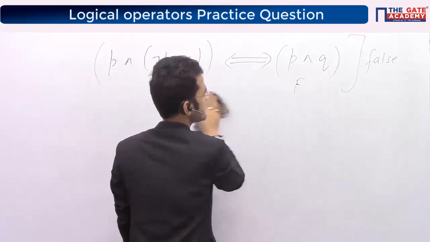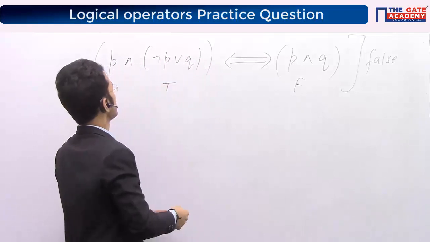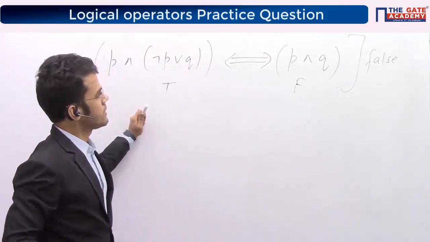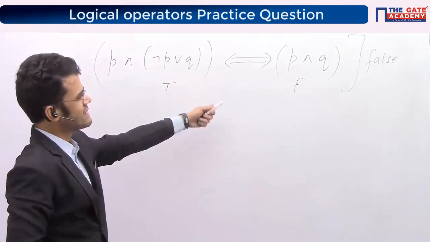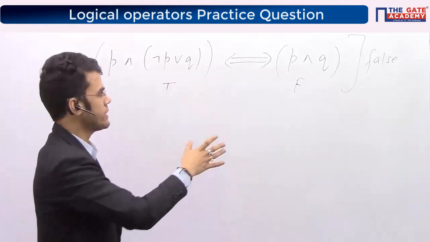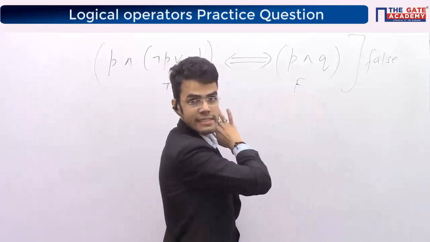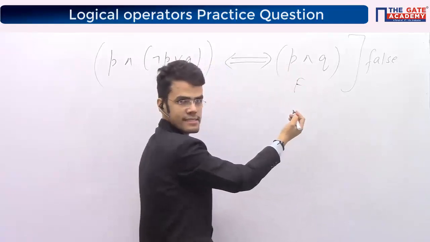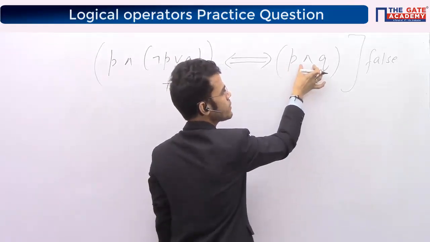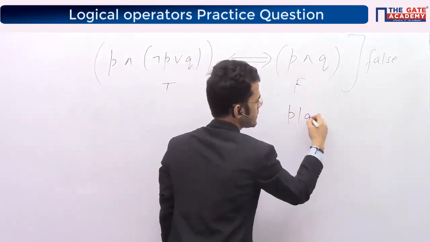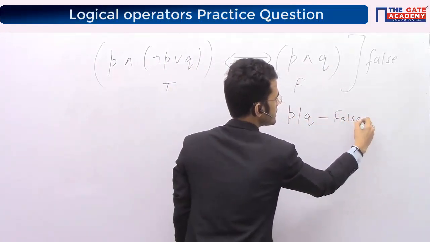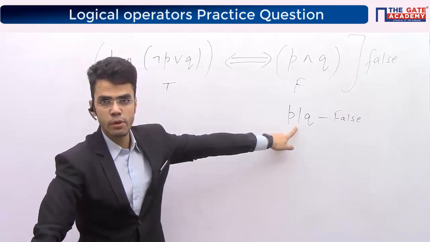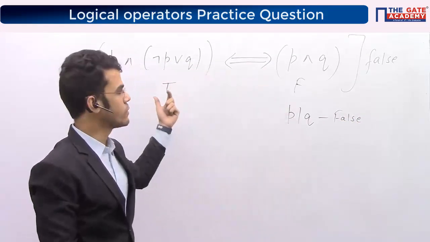So I'm starting with the first part. Let's suppose some student has started in this manner, thinking that I'm doing it for first time, I started like this, right? So this false means AND operator says anyone can be false. Again, I haven't decided yet which one is false. I said anyone can be false. I am not deciding as of now. Keep the possibility open. I'll decide it later when I move to this side.